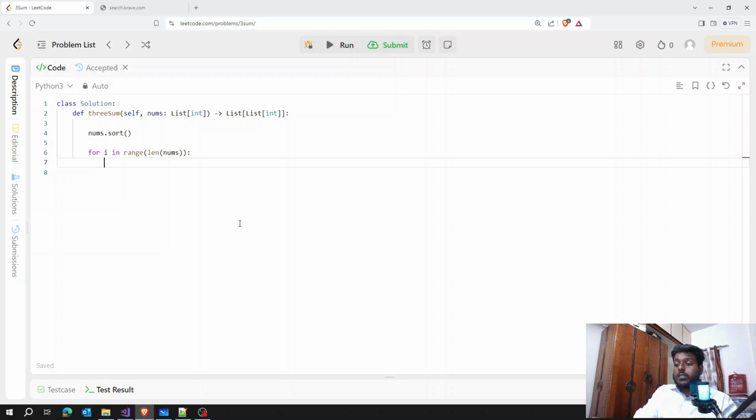Inside, we have the first element. I is going to be the first element. Then we need to declare j. As we said earlier, j is going to be I plus 1. The other one is going to be k. k is always going to be length of nums